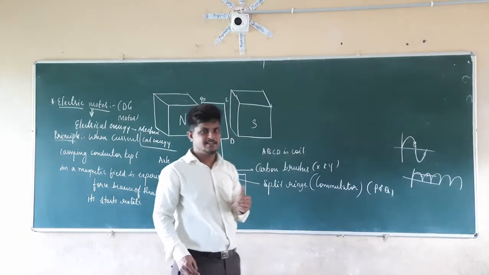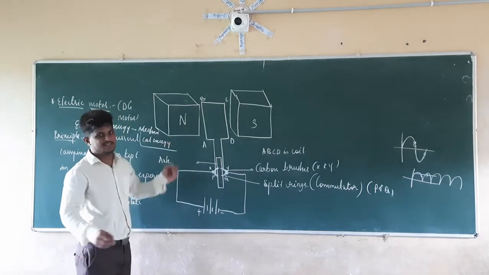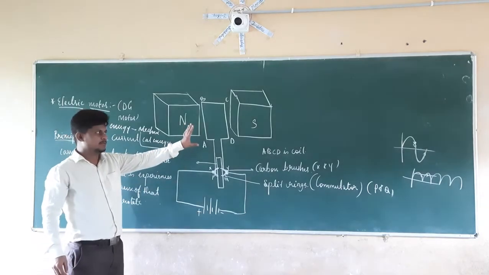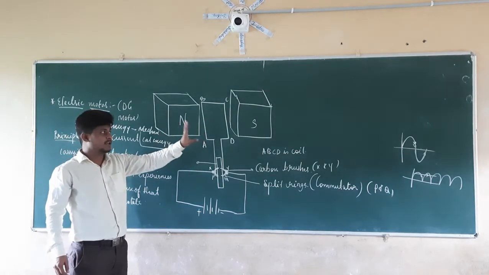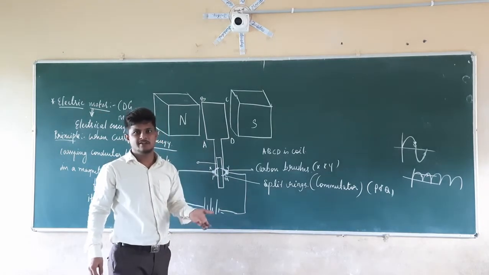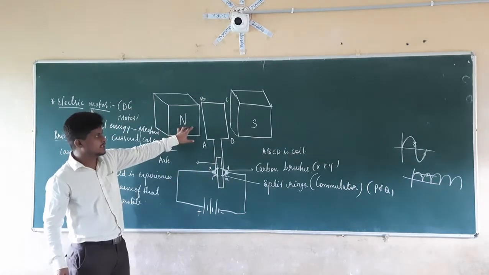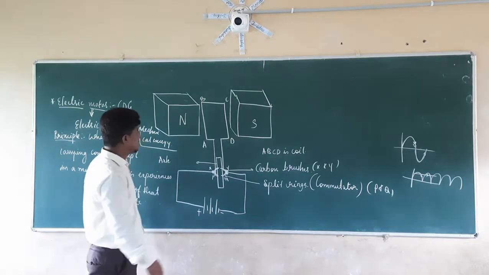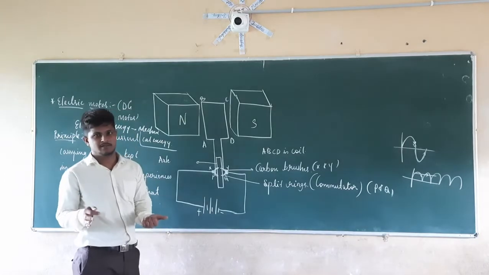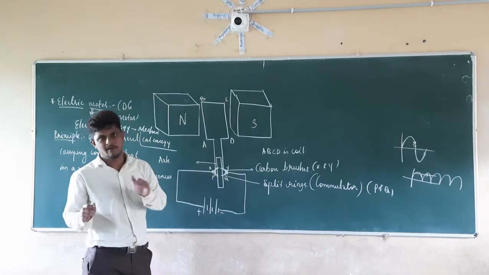Now let us see the construction of the electric motor. So we have a horseshoe magnet, or we have a north and south pole. It is in lab scale. We are constructing a motor at a lab scale, and that lab scale is going to be scaled up to a factory scale, industrial scale, by using this model only. Here we are taking a horseshoe magnet. That horseshoe magnet contains a north pole and a south pole, so that we can produce the magnetic field, and we are going to keep a conductor so that it is going to experience some force.